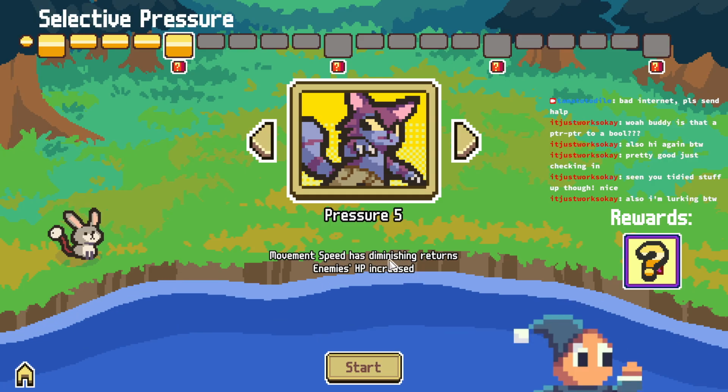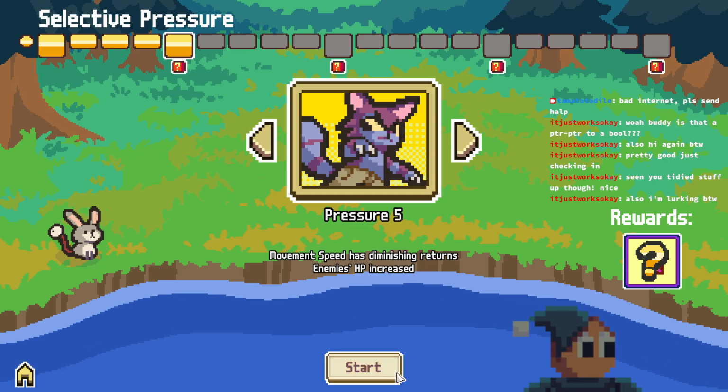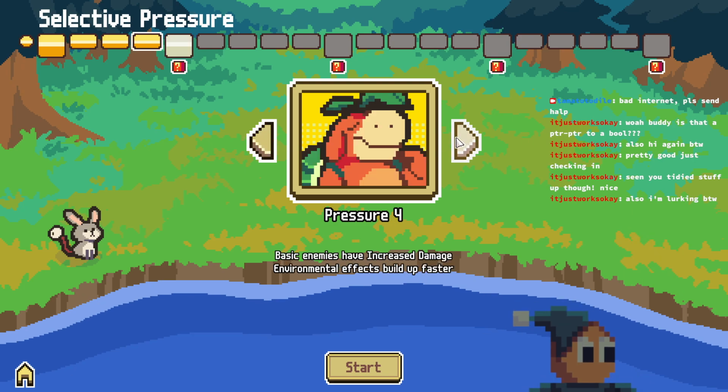Movement speed has diminishing returns. Enemies HP increased.